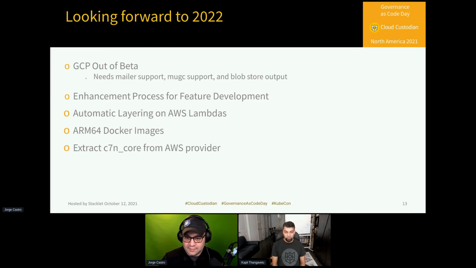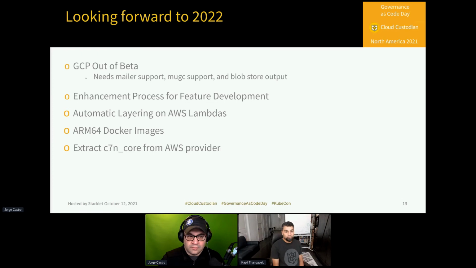This is really about the different providers that support ARM64, which typically offer a significantly better cost performance ratio. So looking forward to that. And then as part of that, we're also looking at potentially slimming down some of the size of the images. This was in conjunction with some of that Azure SDK stripping against historical versions. And then finally, for the benefit of all providers, we're looking at pulling out the Cloud Custodian core interfaces and code into a separate package from the main C7N package. This is just to facilitate better interop with the different providers without having to have a hard dependency on some of the AWS SDKs themselves.